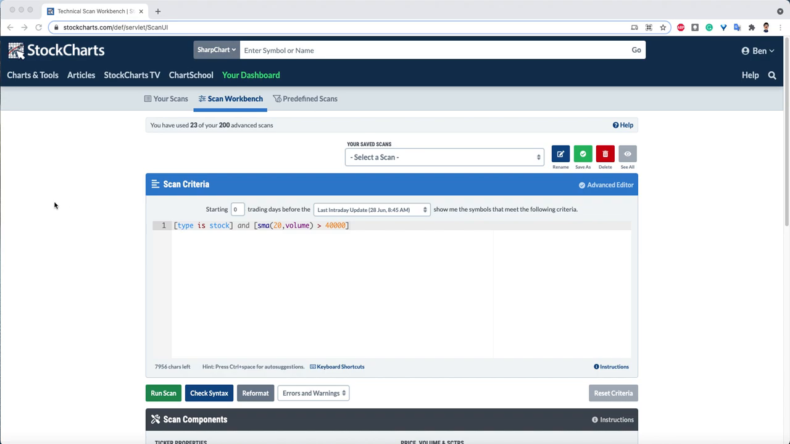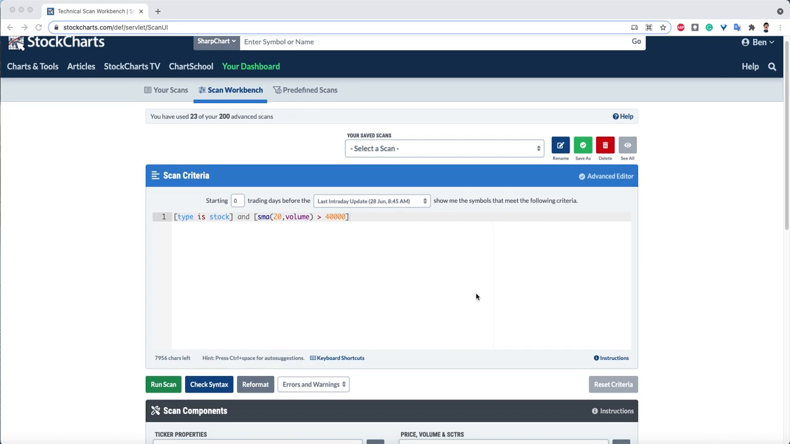On setting up a scan in Stockcharts to scan a couple of your chart lists. This is going to scan multiple chart lists. We're at the scan workbench here, the advanced editor. This is the basic default template. You can reset it back to default by clicking the reset button if you've made some changes or you want